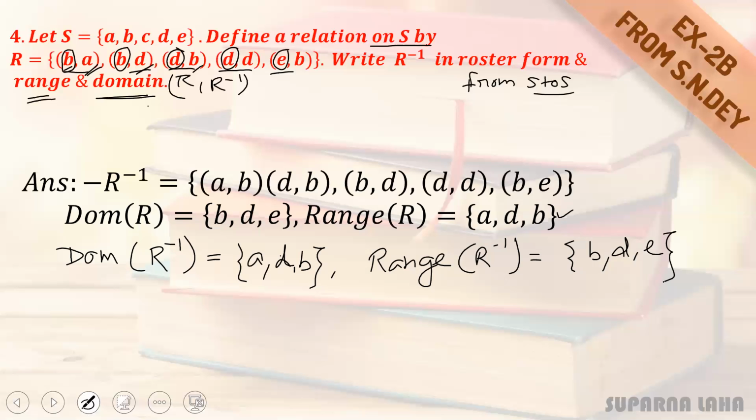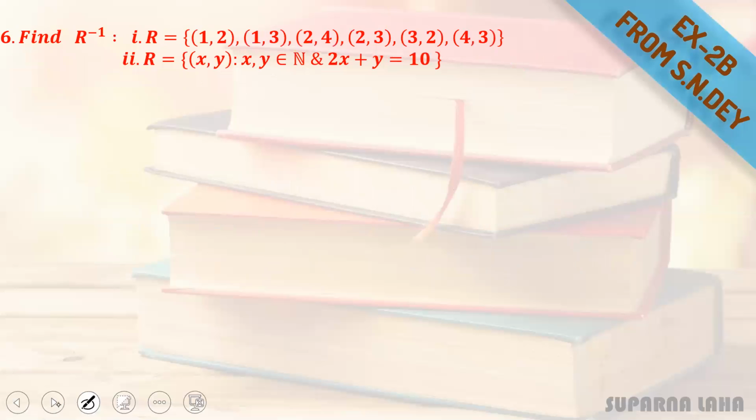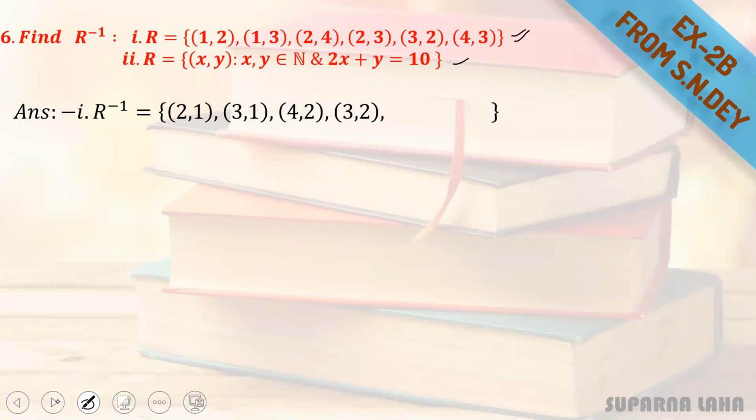Okay. Now, moving to the next problem. This one completed. So moving to the next problem. Question number 6 from this exercise. This is find the R inverse for both these two cases. Now for the first case, you can easily write down the R inverse. Just change the pair, reverse the pair. That is, if AB is present, then BA will be the element of R inverse. So write down: 1, 2 is present here. That means 2, 1, 3, 1, 4, 2, 3, 2, 2, 3, and then 3, 4. These are the elements of R inverse. So first R inverse we will find.